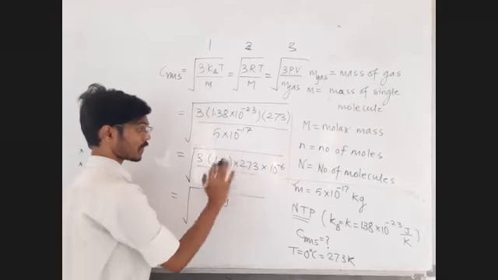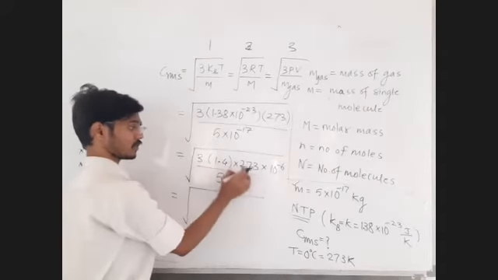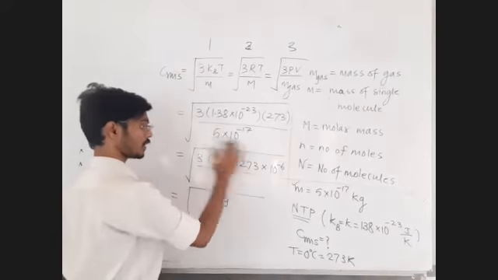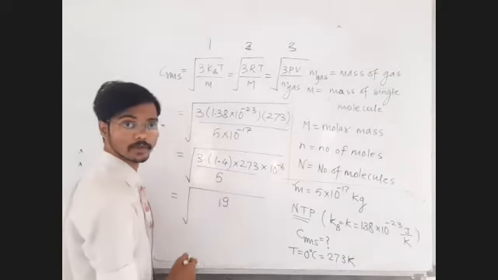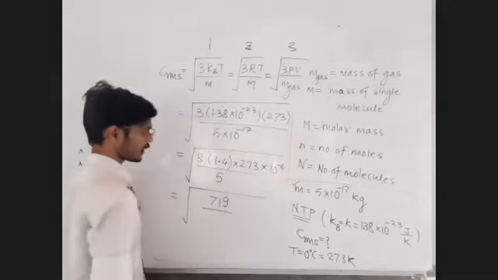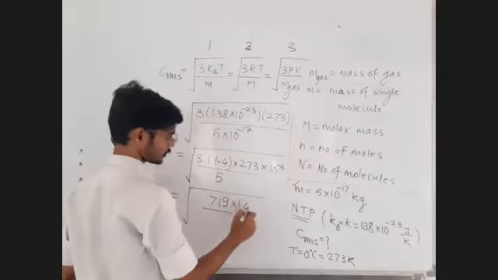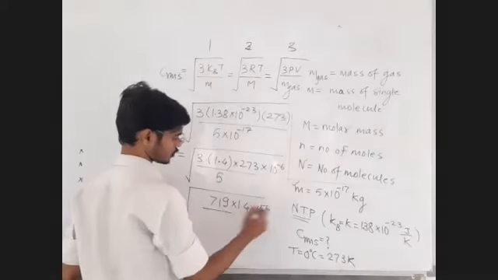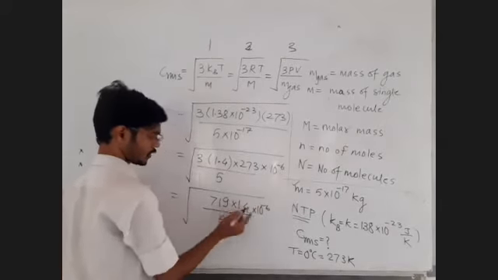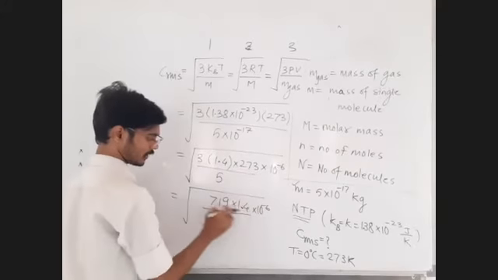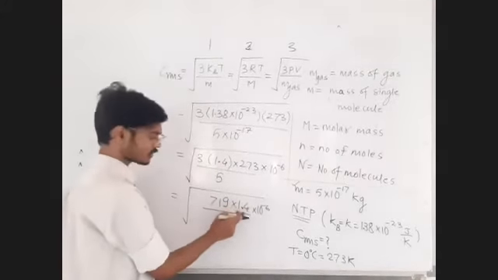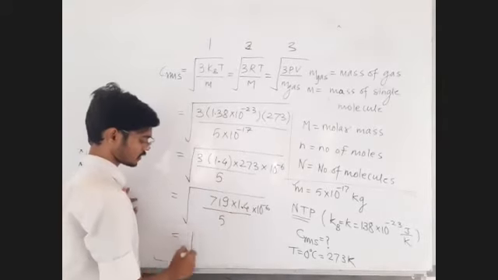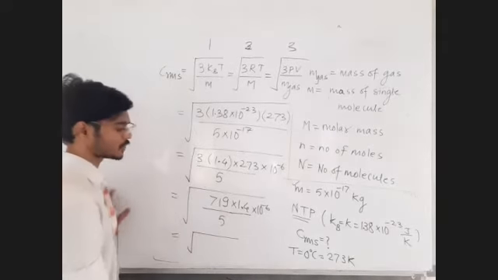The numbers whose tables we know, keep as it is. For the one whose table we don't know, just keep multiplying it. 3 into 3 is 9, 3 into 7 is 719, okay. Multiplied by 1.4, into 10 raised to minus 6 is also there, divided by 5 is also there. Now do this multiplication and tell me the answer. Multiply the number 719 by 14 and arrange the decimal point properly and tell me the answer. Fast.